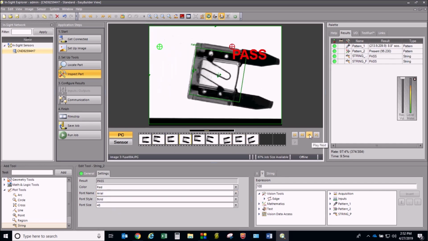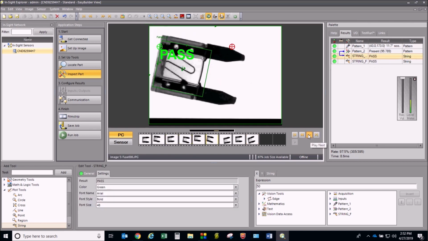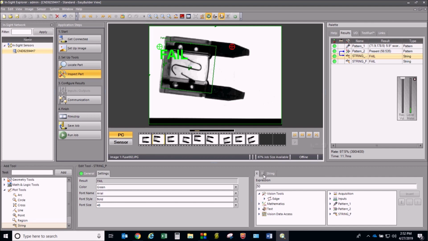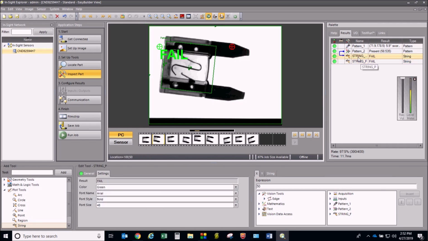But now I'm getting a red pass fail, and if I have this tool selected, I'm getting a green pass fail. Okay, that's a little strange. I was at 100 on both of them, I think. Yeah, I was. Okay, it's doing kind of what I want. But I think what I'm going to do is under the